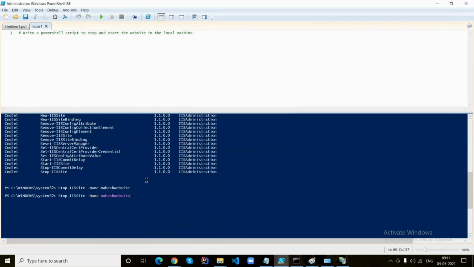Yep, click on S2R. Now execute Get-IISSite. Can you see the status of the website is stopped here? Okay, this is a kind of stopping the website.